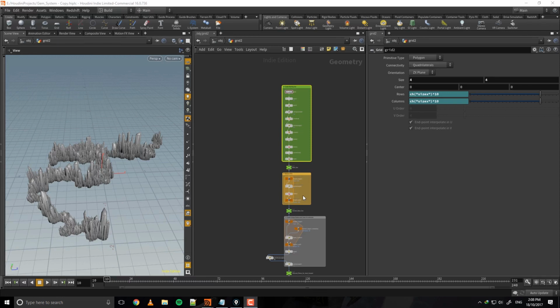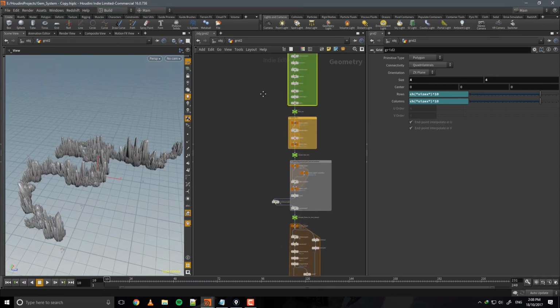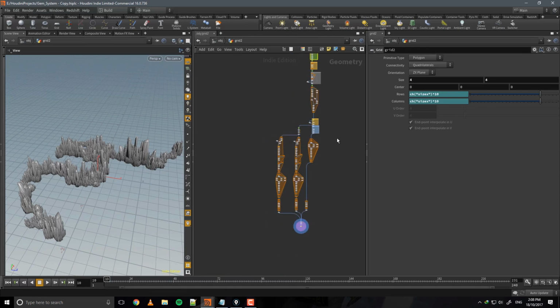Okay, hello everybody and welcome to my very first tutorial creating a procedural crystal system inside Houdini. My name is Jaron Wilding and I will guide you through the entire process of creating this system from scratch,